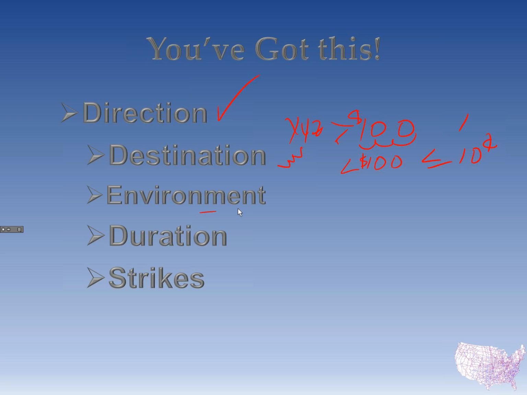If it's less than a $100 stock, then it needs to be less than or equal to 10 cents wide. Environment. Our environment is implied volatility, right? We have high IV. We already determined that by that mathematical equation. Our duration, that's where we want the theta. Our duration is around 35 days to expiration for this strategy. And our strikes, basically we want to take the credit times 2. All right, credit times 2 equals our width.